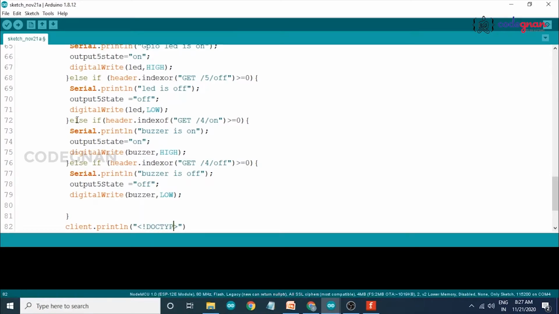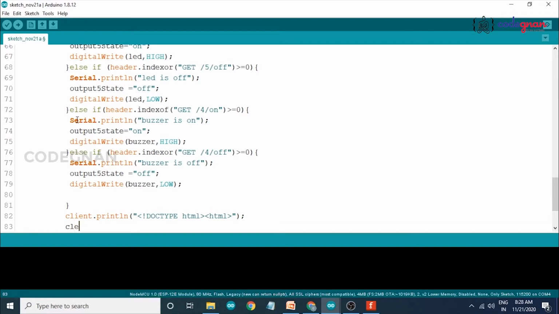Doc type, we are sending doc type HTML, message, and client.println.